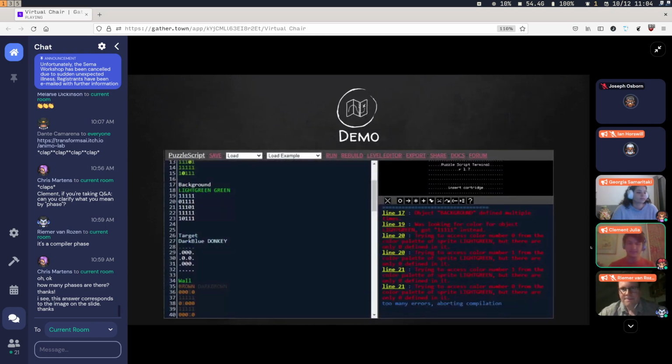So what you're seeing here is the PuzzleScript IDE, which is focused on performance. The idea is a very simple system that the player can just use to write games. But the problem is that the only live feedback you get from the IDE is the syntax coloring. You don't really know if something is wrong until you press the run button, which then generates errors that you can see on the right side. But again, it's only a partial report of the state of your game. So you have to hit the run button multiple times in order to get a full report on the errors